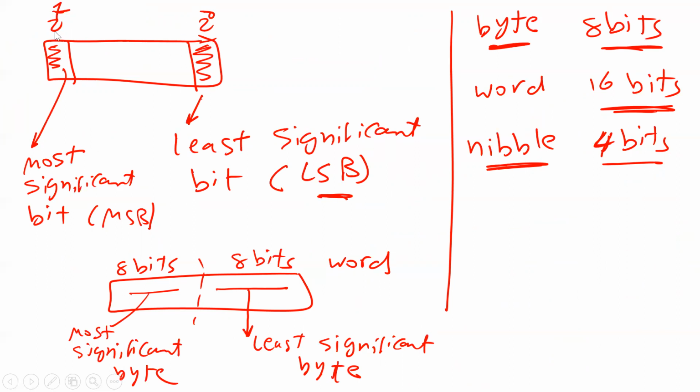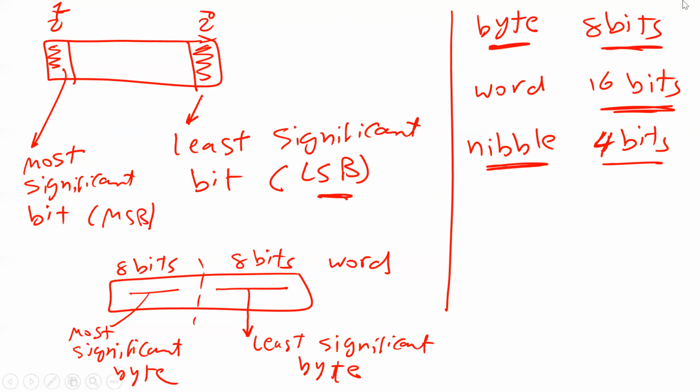Look here, guys. When I say byte, I mean 8 bits. When I say a word, I mean 16 bits. Is that okay? That's what we are going to need most of the time in this course. Most of the time, your data can be a byte, which is a block of 8 bits, or it can be a word, which is a block of 16 bits. This is your data. This is the motor speed, this is the distance, whatever. This is the temperature. Whatever the data is, it can be a byte or it can be a word. That's what we're going to use in this course.